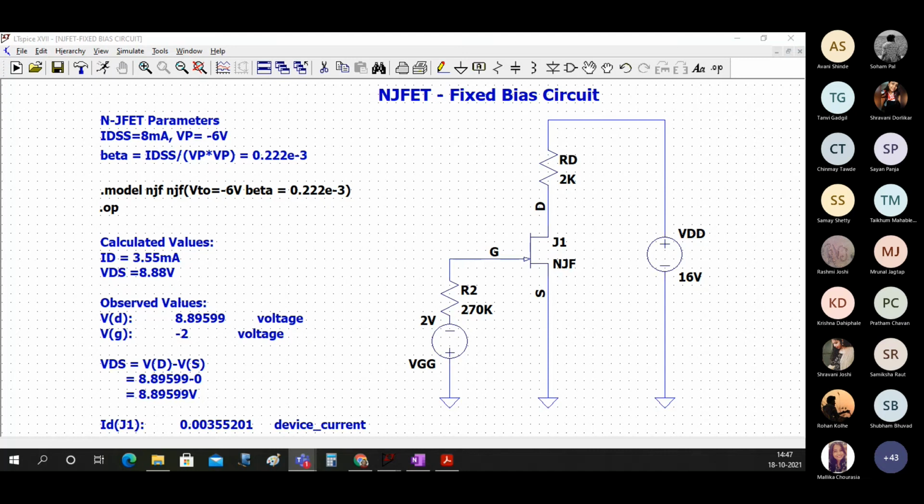Please post all 3 circuits, fixed bias, self bias and potential divider bias, in the chat box.